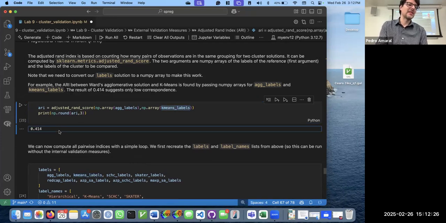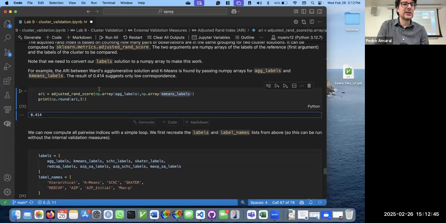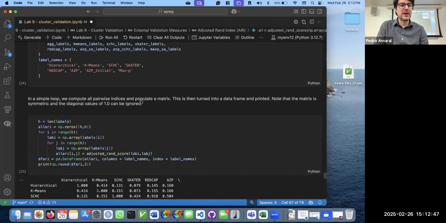So this is showing that there is some correspondence, right? Correspondence between the clusters, but it's a low level of correspondence. It's not very high, right? So the units are not really part of the same clusters when we compare these two solutions. All good? So again, here we're doing only these two, but we can do all of them,